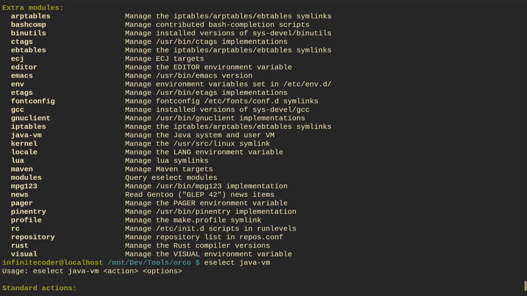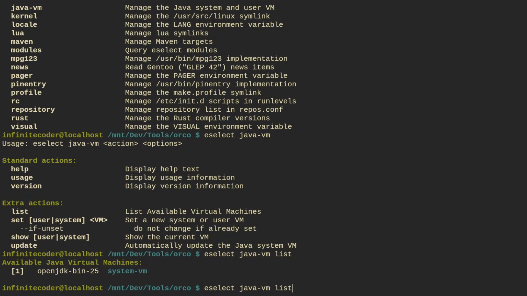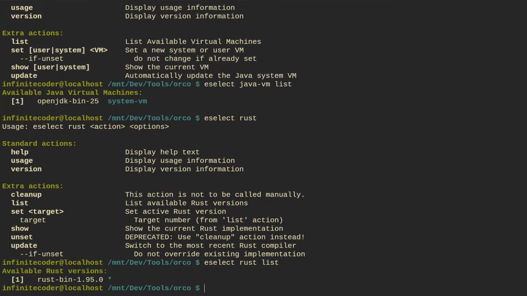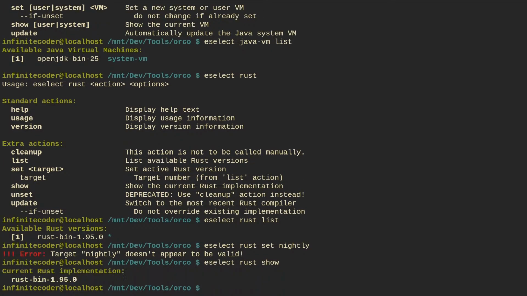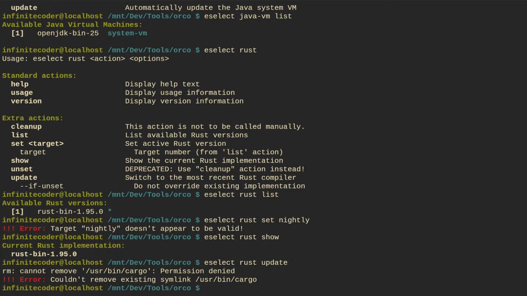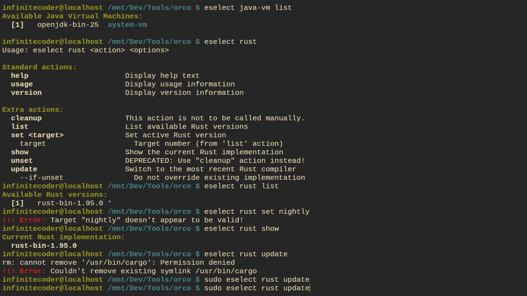I still don't see it here. Oh, alright, it's second to last. Manage the visual environment variable. Select Rust list. Set nightly. Can I show update?